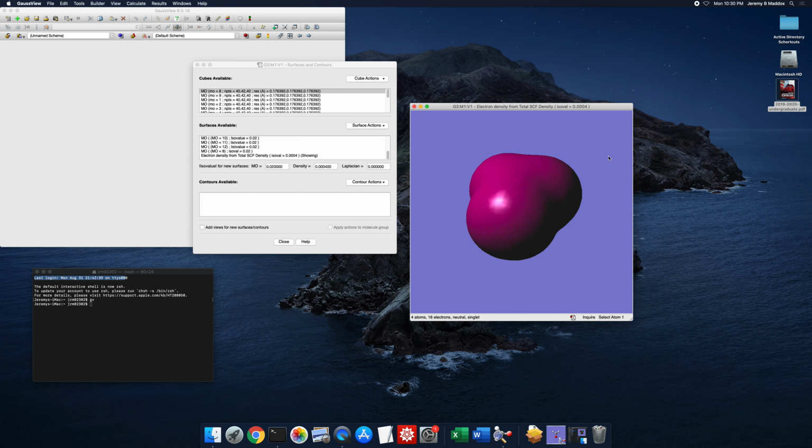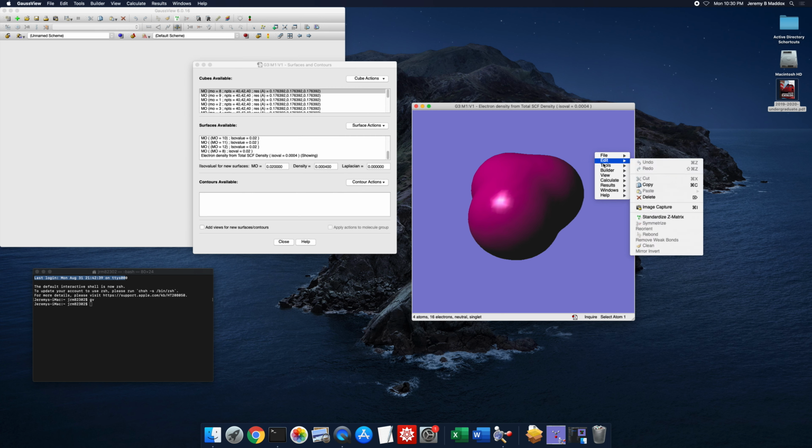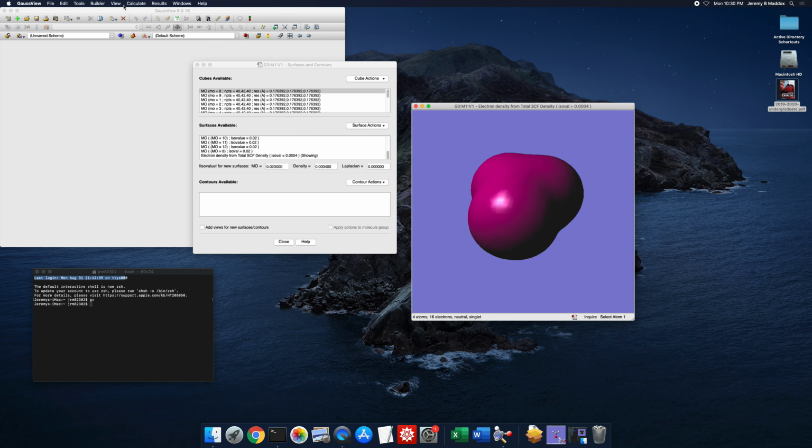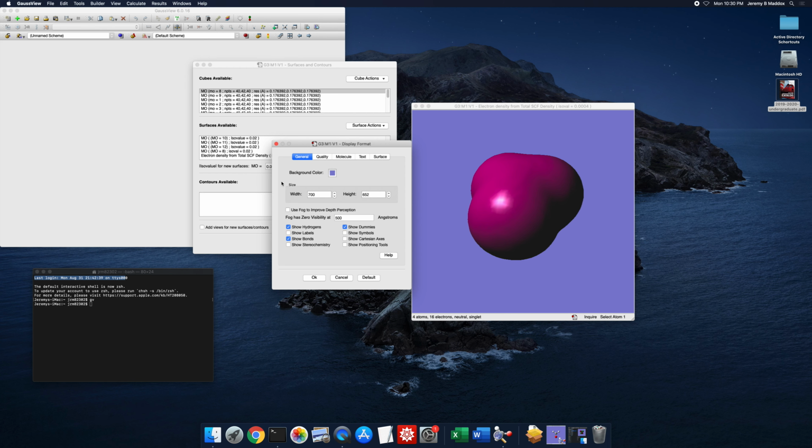For some reason I'm not getting that dialog to come up. Maybe I need to, there it goes. So I hit Control right click, go back down here to the view, display format. You could also, if you're having trouble like I am getting that dialog to show up, just go up here to view and then do display format, and then we can change the